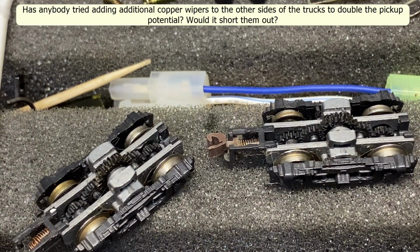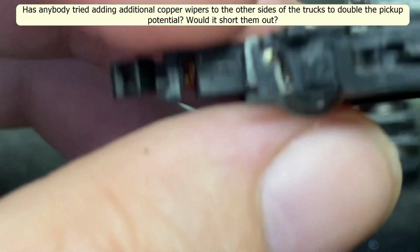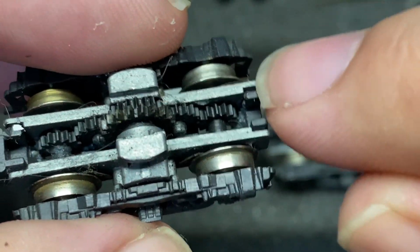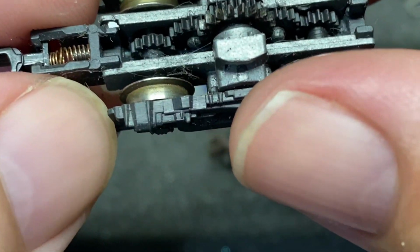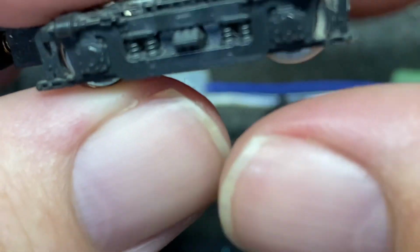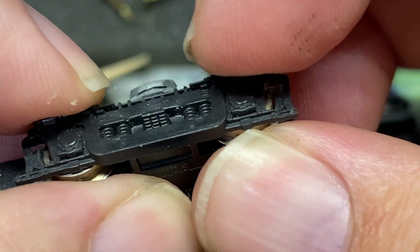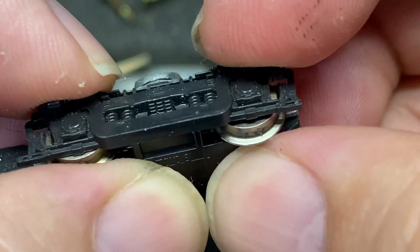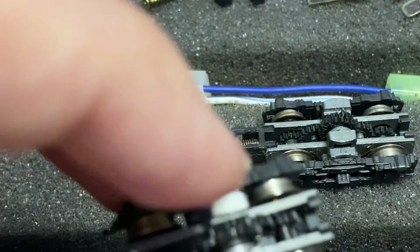All right, so what we're going to do is we're going to take these trucks apart. Obviously, you have to be careful with them. They're held in place here and on the other side here. And basically, you can take it. Let's see if I can remember how to do this. If you're gentle about it, you can press against the wheels and pull down on the plastic to try to force this out of here, or